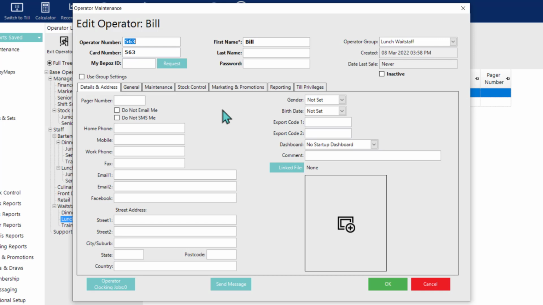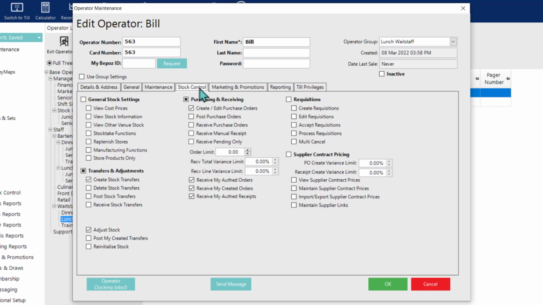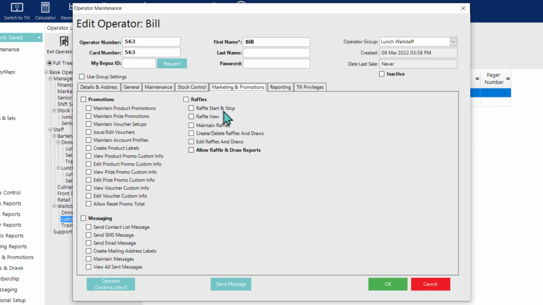While most of them are indeed used to grant access to an area of back office or to allow an operator to perform an activity or a task, there are a handful of them scattered throughout that are actually restrictions. And we'll get to some of those in a minute because there are a couple that are very impactful. For now, as you've probably caught on, the operator settings are all split out into multiple tabs, and within the tabs themselves, settings are further grouped for better organization, making them easier to find